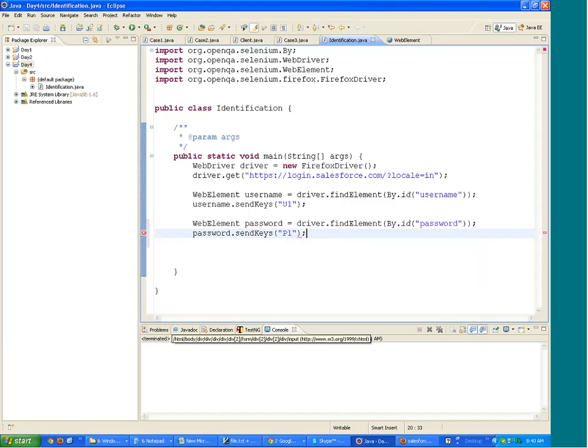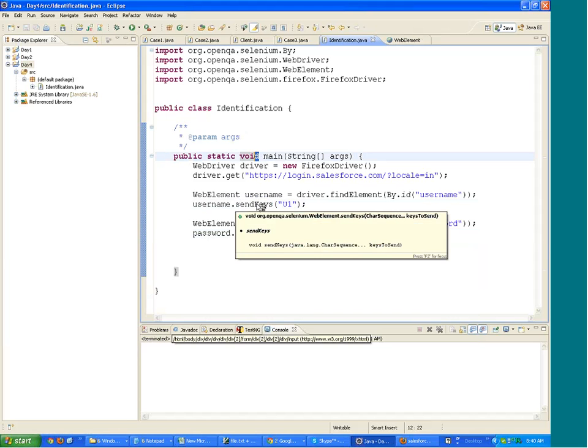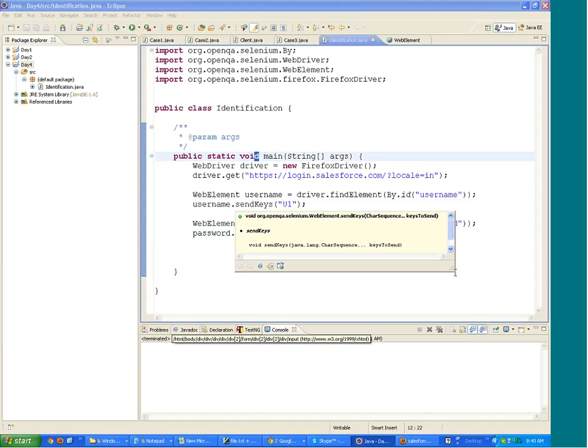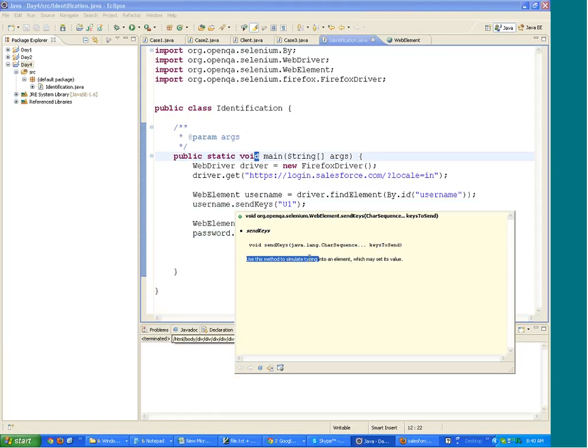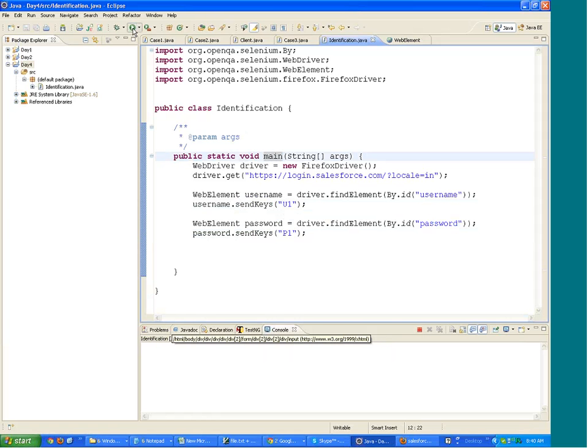P1. So when you run this, it will type in U1 and P1 in username and password. The sendKeys function is used to type something inside a web element. If you move a mouse over sendKeys, it will give you the description since the Javadocs have been added: use this method to simulate typing into an element which may set its value. Right. So when I run this,